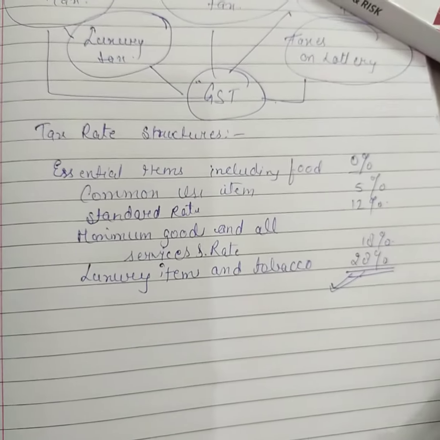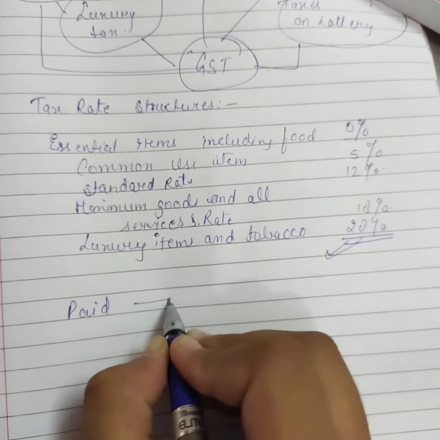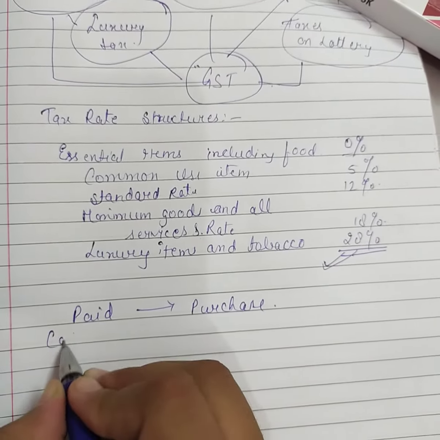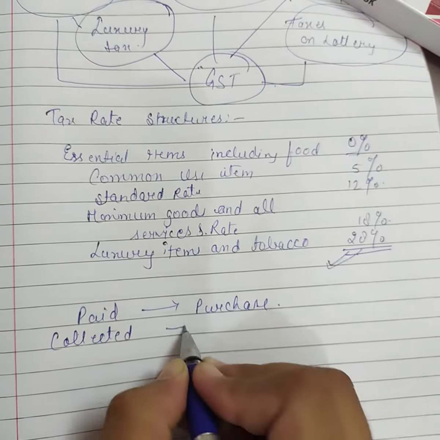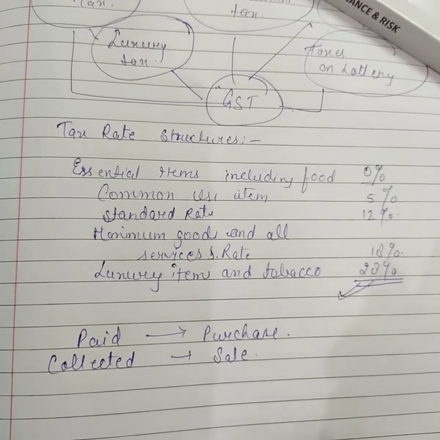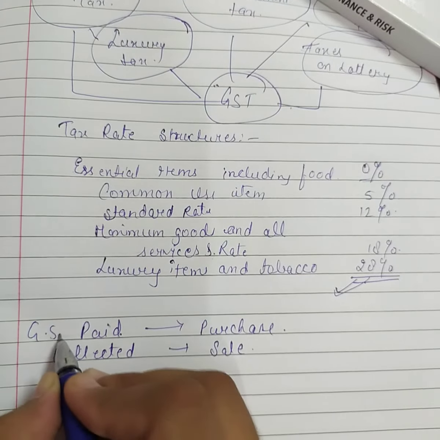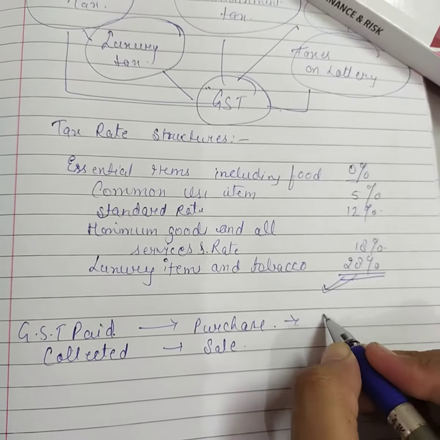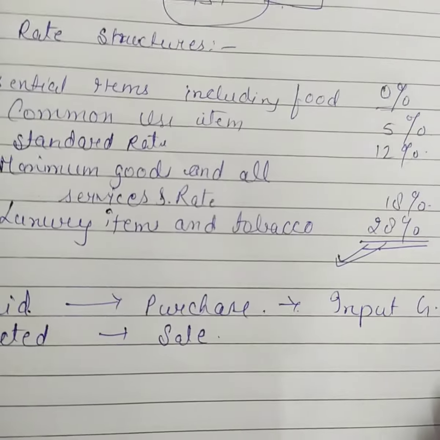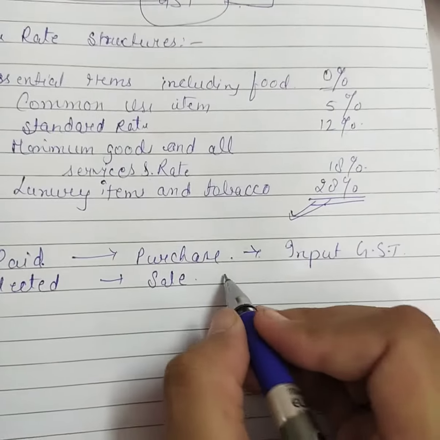Okay, so GST is paid on purchase of goods. It means it is paid when we purchase the goods. Okay, and it is collected when we do the sale of goods or services. So GST paid is termed as input GST, and the collection of GST, or the GST collected, is termed as